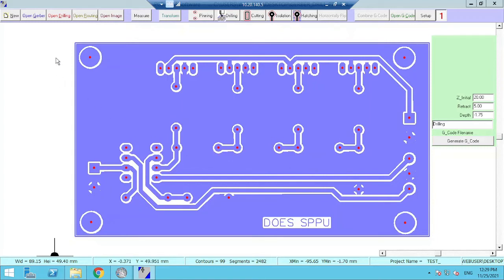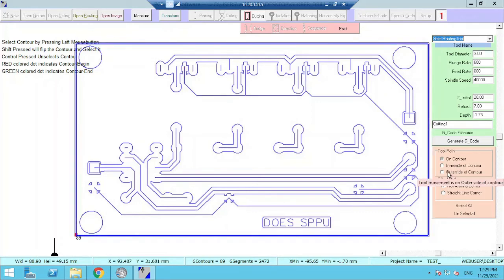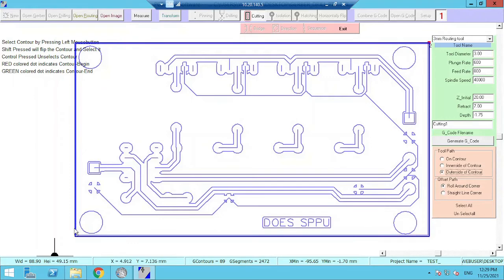So now if you want to make a G code for cutting this PCB, click on this cutting, and the tool size will be 3 mm. And if you want to cut the PCB from your board outline to the outward side, click on this outside of contour and select the border outline of your PCB.